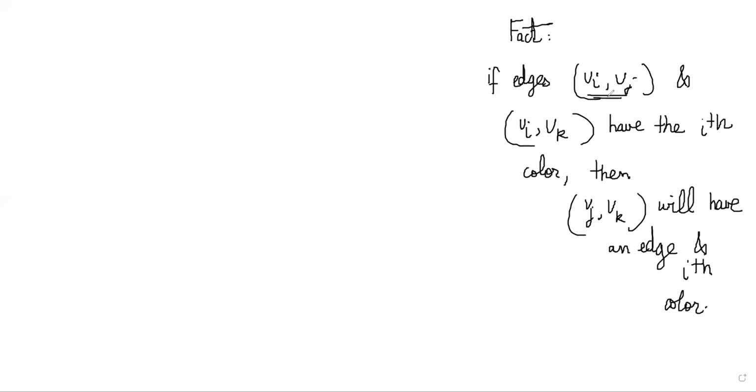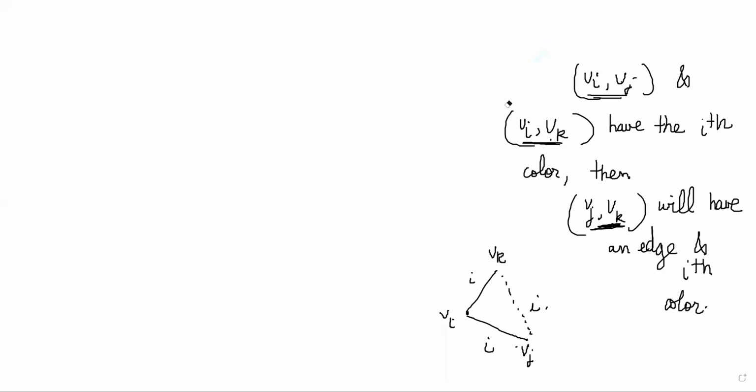That means Vi and Vj both can speak in the language I, right? Similarly, Vi and Vk also can speak in the language I. That means that Vj and Vk both understand the language I. So therefore, there must be an edge joining them because they can also talk in I then. So what we are saying is if Vi to Vk has a color I and Vi to Vj has a color I, then this can be linked and this will also have color I. And therefore, you'll get a monochromatic triangle in that case, right? So this is an obvious fact. I've just stated it here for your benefit, but we'll now get to the proof.